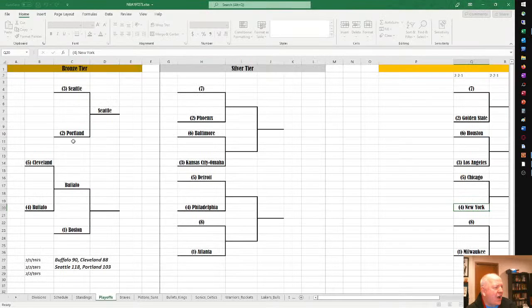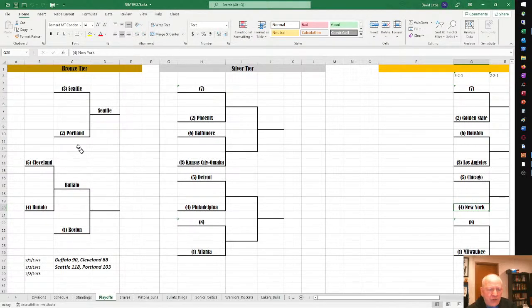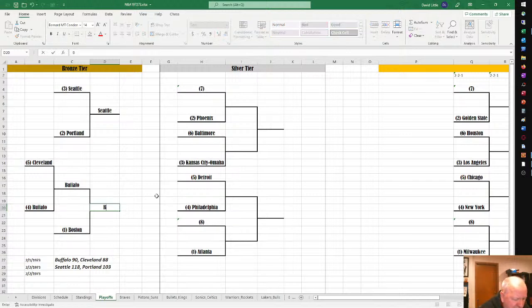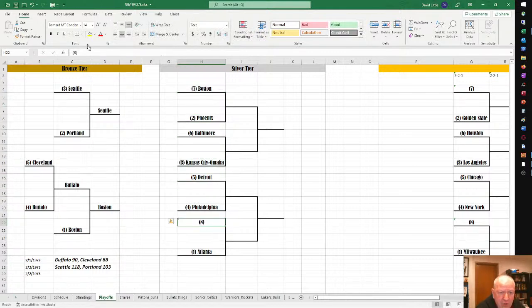I don't know if it was the sound or whether it was the switch to Google, but we've got the playoff brackets on the screen now as Boston moves on by a score of 102 to 100. Boston was the higher of the two seeds to advance, so they will get the 7 seed in the silver tier, and they will move on to a best 2 out of 3 against Charlie Scott and the Phoenix Suns. The Seattle Supersonics will head down to Atlanta to take on Pistol Pete Maravich and the Hawks. All right, thank you again to everybody who hung out with us here tonight for a very exciting ball game.